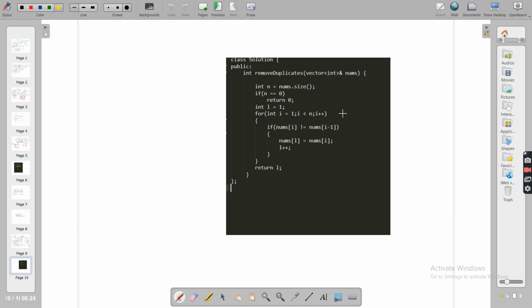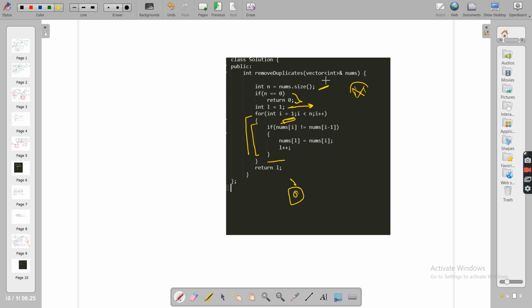It should be pretty simple for you. This is size. If the size is 0, meaning there is no element, you cannot do anything like i minus 1, so this check is not needed anymore. So just do this: L equals 1 and I equals 1. As I said, the zeroth index is already unique in itself, because there is only one value you have encountered till now. So only from index number 1 will you start seeing unique and non-unique values, and that is why I is starting from 1 and L equals 1, which means the new unique value will come at the Lth index. So you saw this drill that we did already, and you return L.